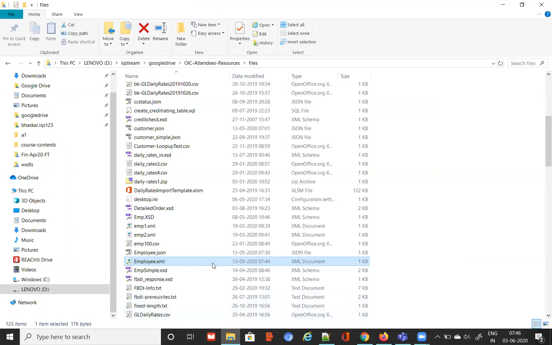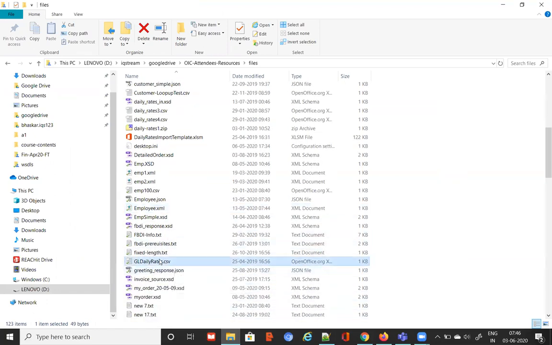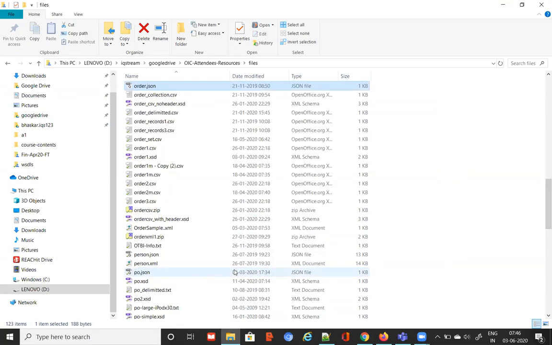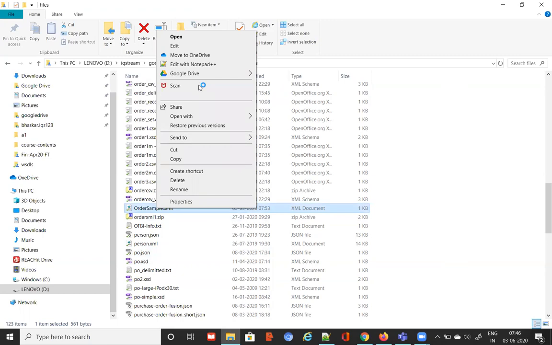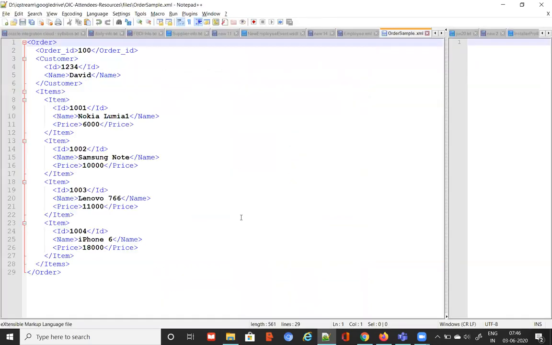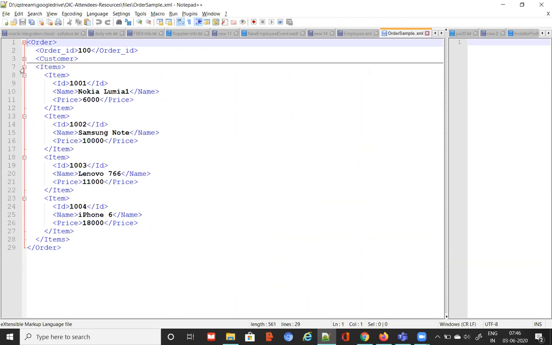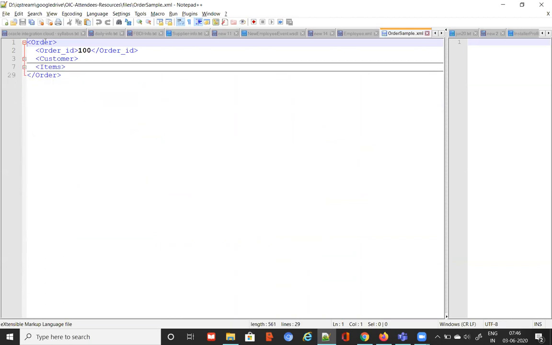Let me show just one more. This one, order, I think. Yeah, let's open this XML. If you open this XML, this is a little bit more complex. Here also you have an order, my root element.